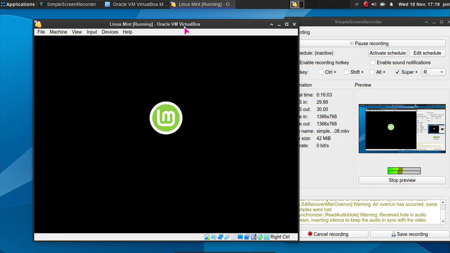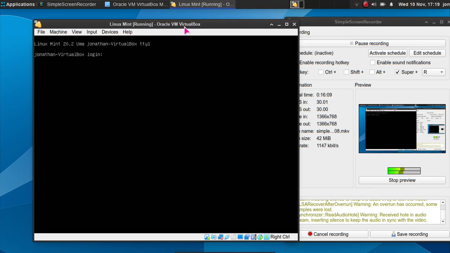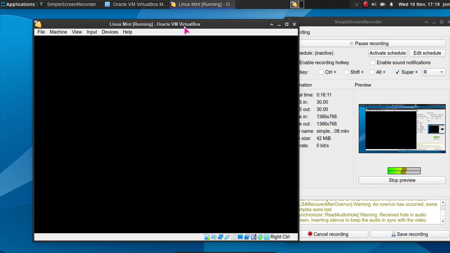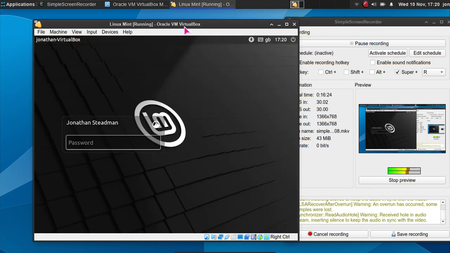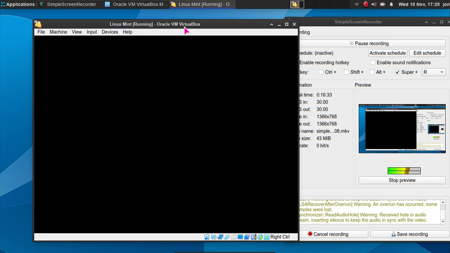It could be Peppermint OS. It could be Pop OS. But the process is kind of similar. So whatever distribution you get is going to be the same process. There might be a different look to it. Like Pop OS doesn't look anything like Linux Mint, but they're pretty much the same to install anyway. So if you know how to install Linux Mint, then it should be fine installing Pop OS, Ubuntu, and so on. Okay, at this point, put down a password, and it should be booting up to the desktop environment,